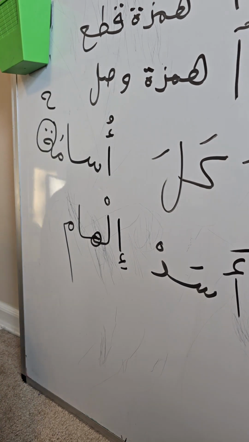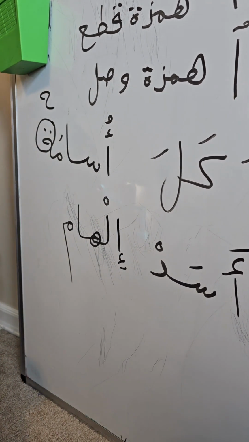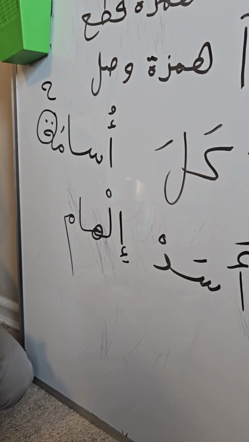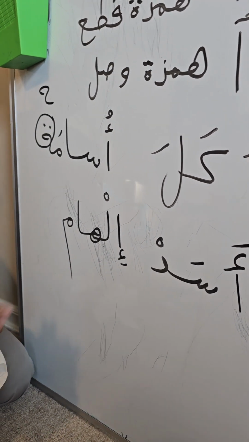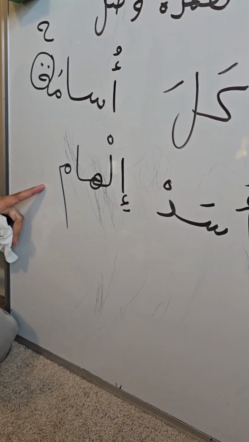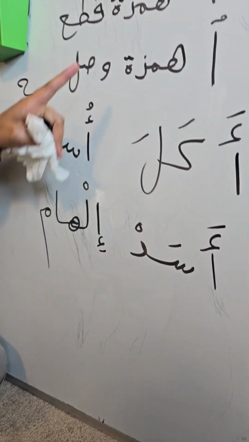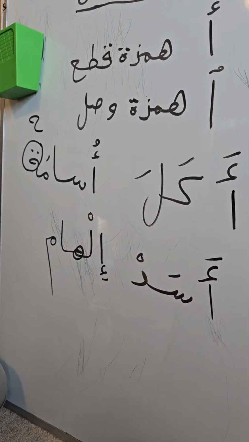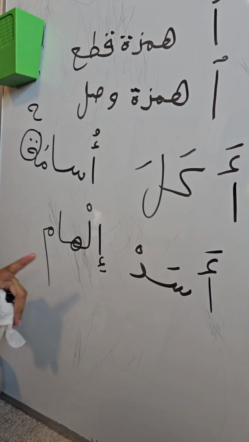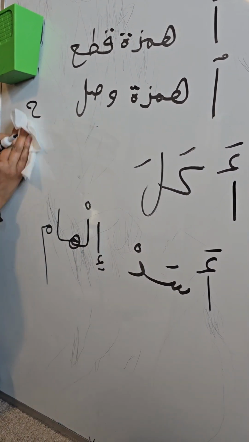What word is it? Il. Can you say it again? You got it right. Ilham. Right. Ilham. Do you know anybody whose name is Ilham? All these types of Hamza are called Hamzat Qata. That's why I say it. See? Ilham, Usama, Asad. U, E. Okay? Now the other type of Hamza,